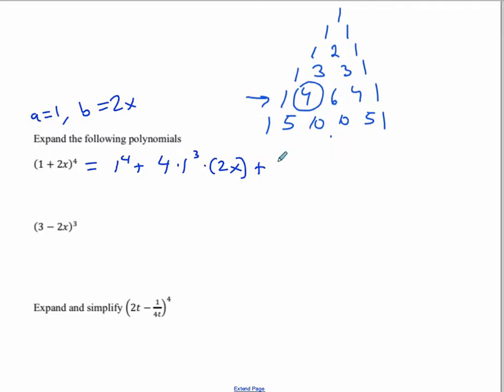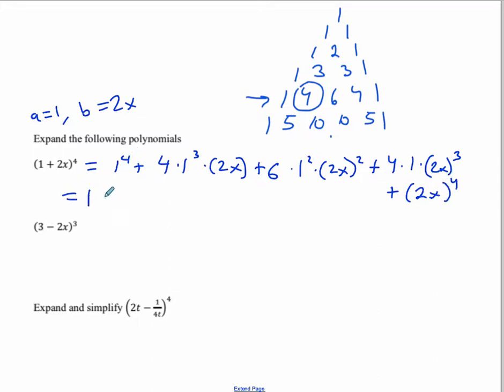Next, we're going to have a 6 as our coefficient, 1 to the power of 2, and then we're going to have (2x) squared. Okay, then our next coefficient is going to be 4. So we're going to have 4 times 1 to the power of 1, and then (2x) cubed. And the final term is going to be a coefficient of 1, 1 to the power of 0, and then (2x) to the power of 4. And let's simplify. So this is 1, and this is going to be